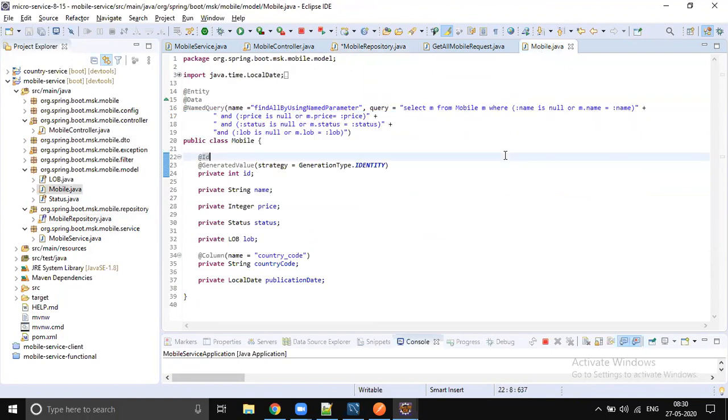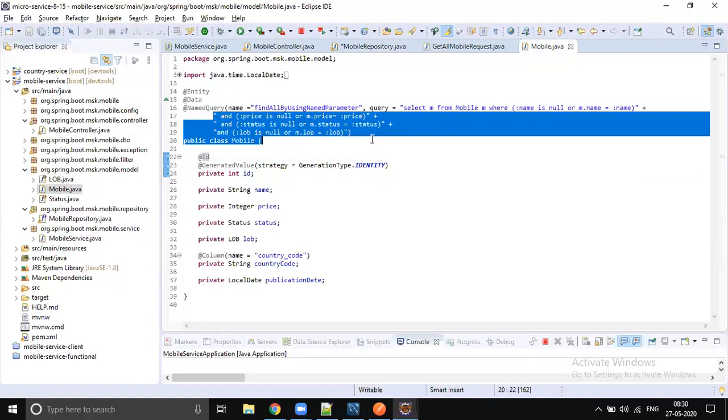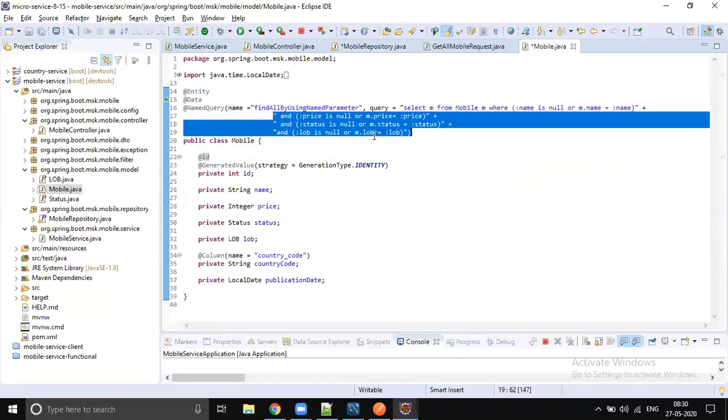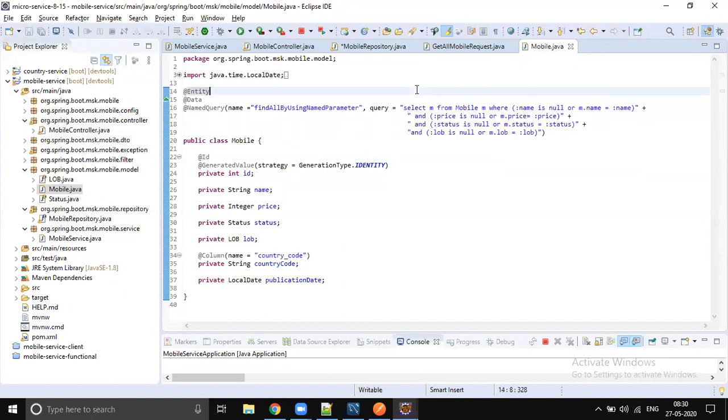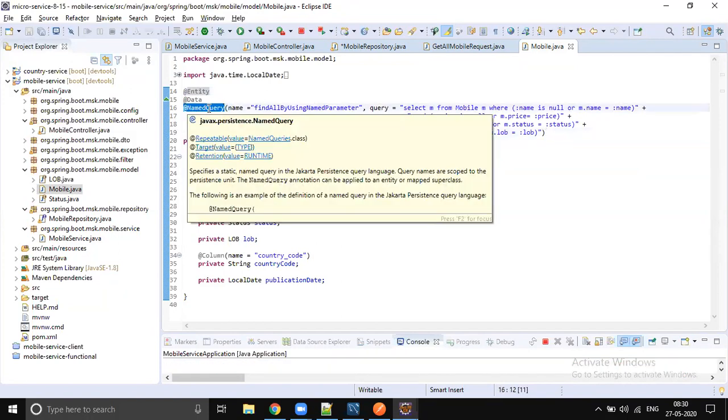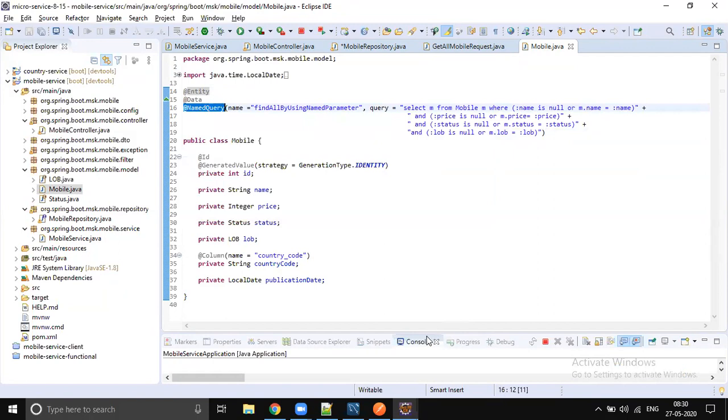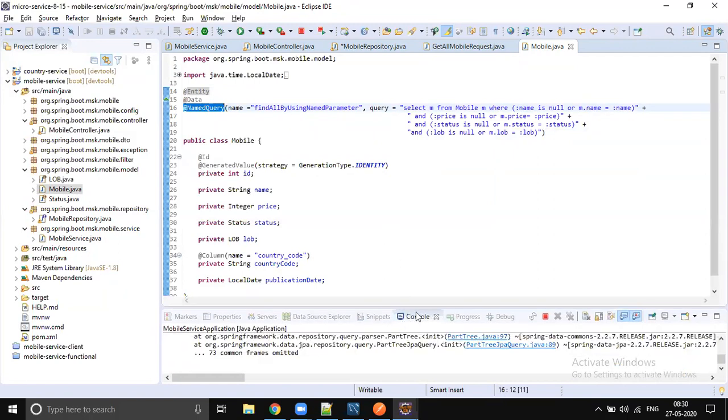So what is the benefit you get if you do it like this? You have a proper naming convention, right? Whenever you are writing multiple methods, it's better to give a name to them, so you have better readability. That is the reason why we use named query. Performance wise, there is no difference, and usage wise, there is no difference, but it's going to increase the readability.